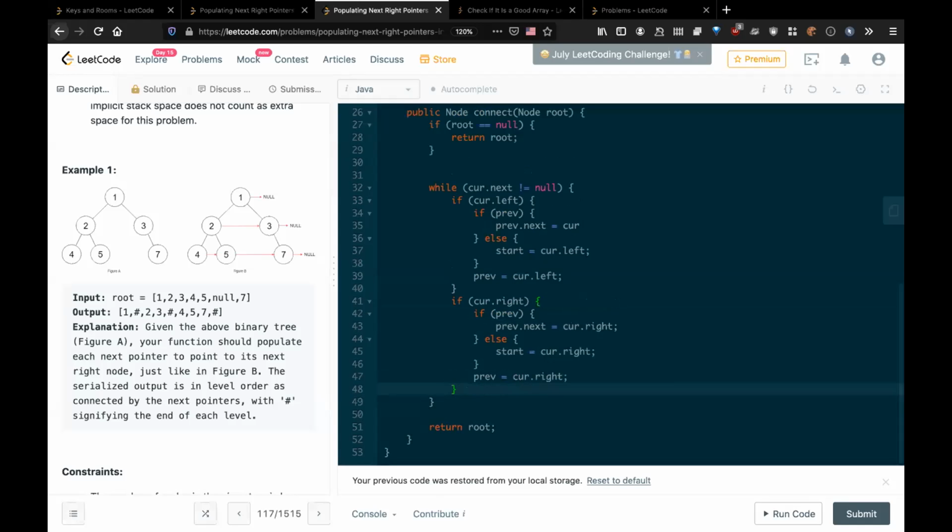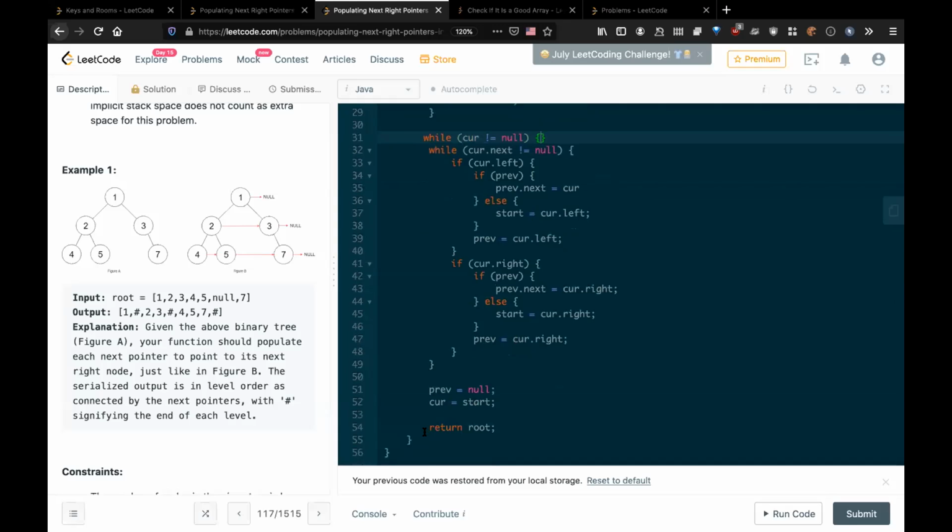So there'll be two while loops, something like this. The inner linked list traversal would be this one, and you'll have one more level, while curve not equal to null or something like this. Yeah, you might need that. But frankly, it's not an easy solution to implement in 45 minutes for sure. I think the recursive DFS is also not so easy.